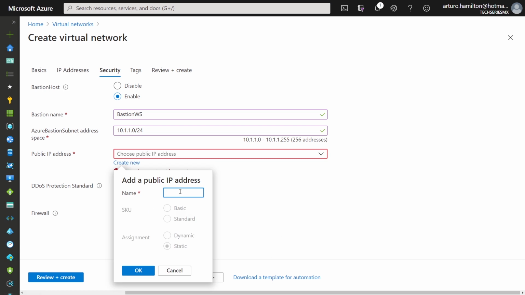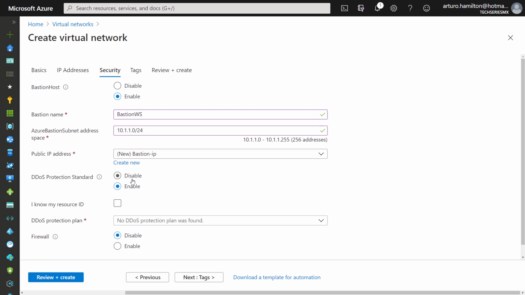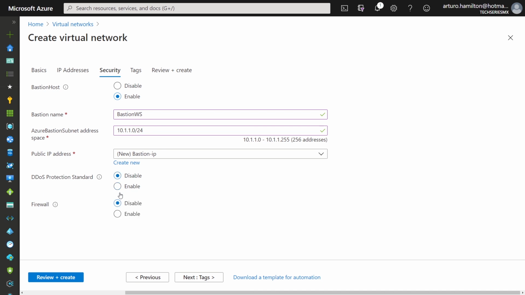It will be an exposed IP, so we can call this Bastion-IP. And now that we have it, it's going to configure itself by default with the settings that we need in Bastion. We click OK. We can enable a DDoS protection. This is an advanced topic of security, but that's also a good approach. So I could enable this with an advanced protection of DDoS, distributed denial of service, or I can enable it